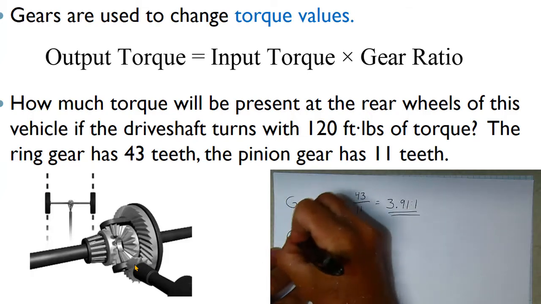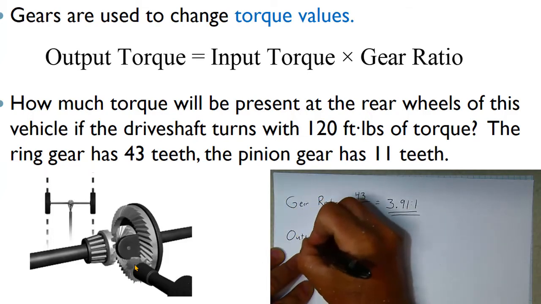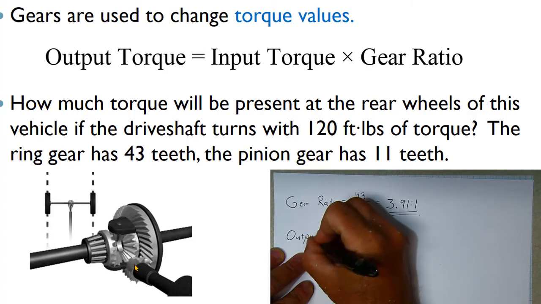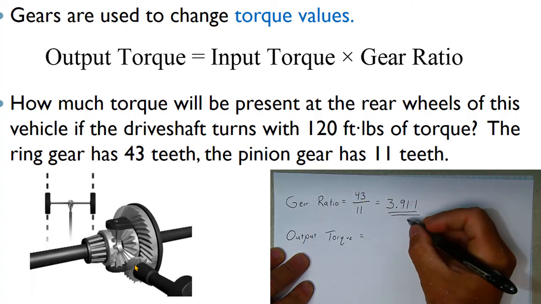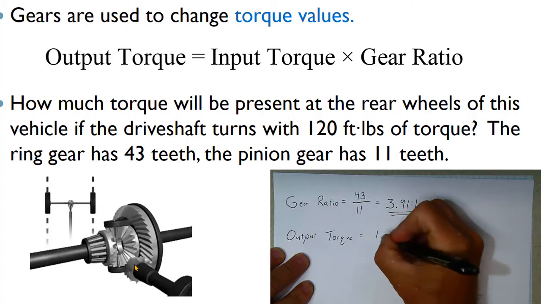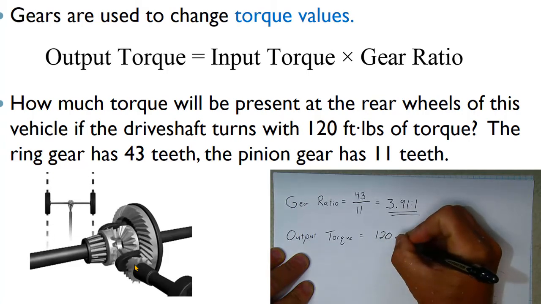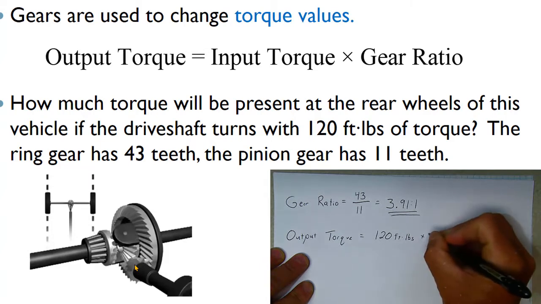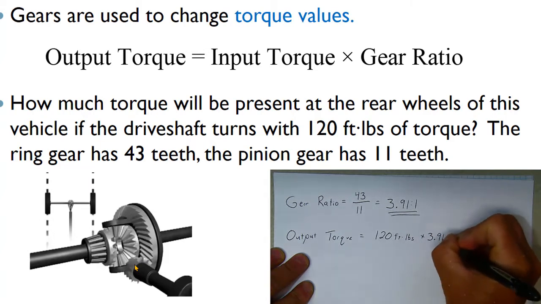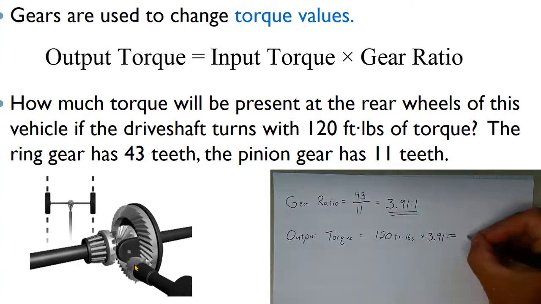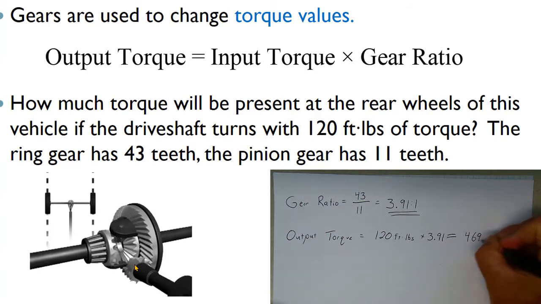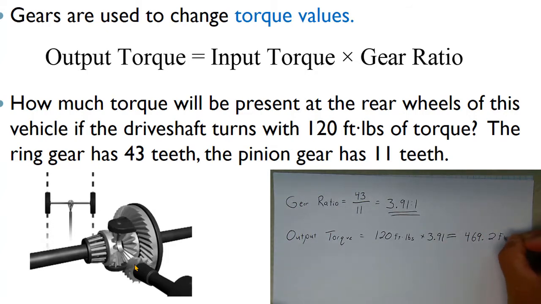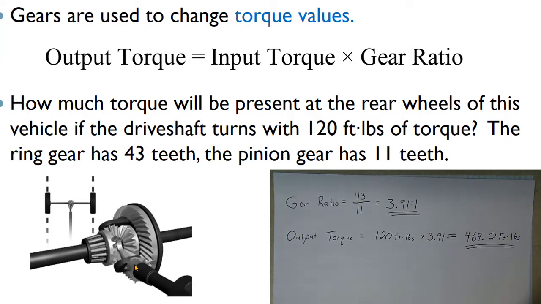Okay, and then our output torque, the amount of torque we get out of that gear on the ring gear, is just going to be the amount of input torque, that would be 120 pound-feet or foot-pounds, times our gear ratio of 3.91 to 1. We get 469.2 foot-pounds, which is why we have a big ring gear, because we get a big torque multiplication, and that helps the